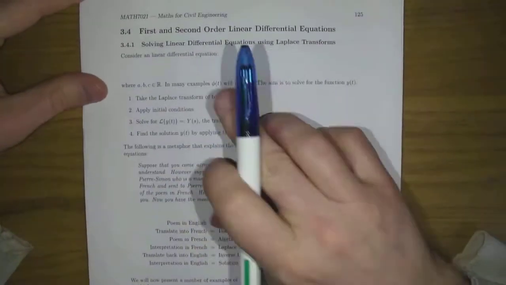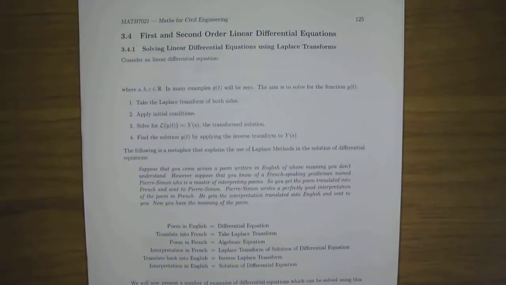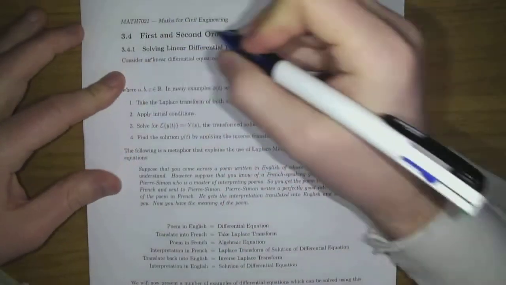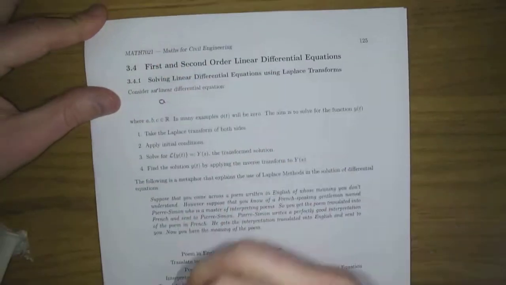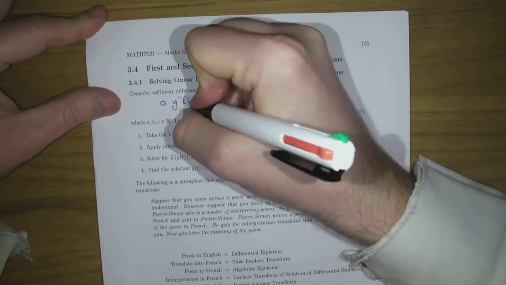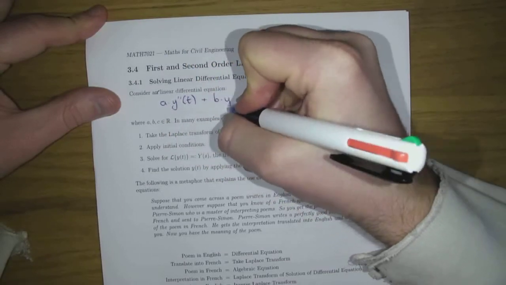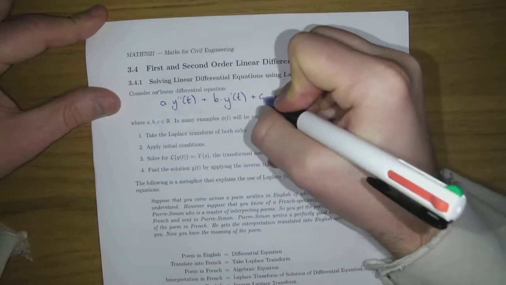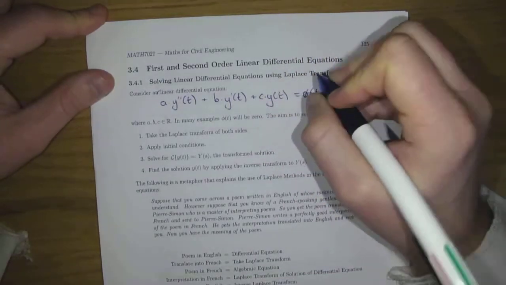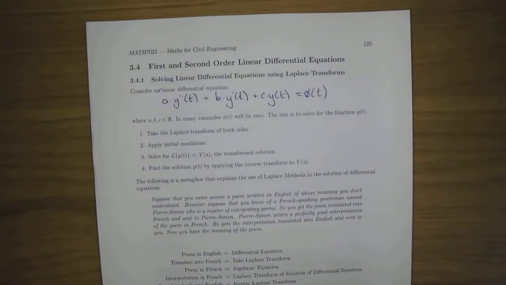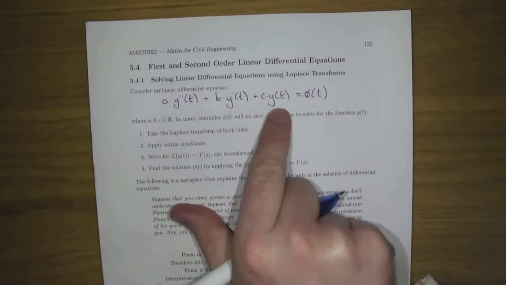When you have a different, now we may as well write down this linear differential equation. Basically, most of them will be roughly this shape: a constant times a second derivative plus a constant times the first derivative plus a constant times the function you're looking for is equal to some function of time. I'm fairly sure all of them roughly can be written like this. Some of them will have missing terms.